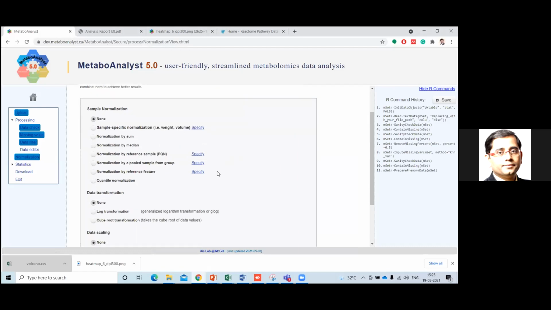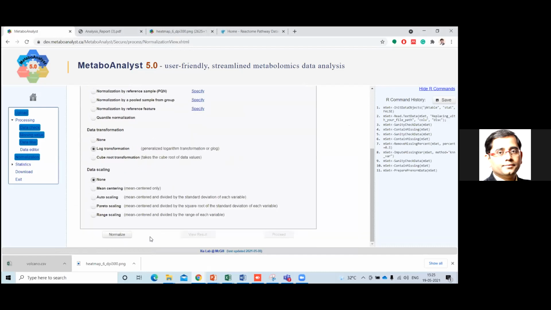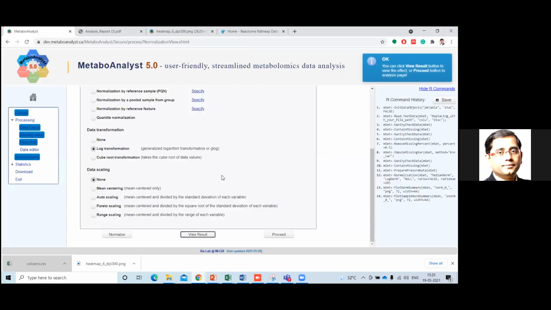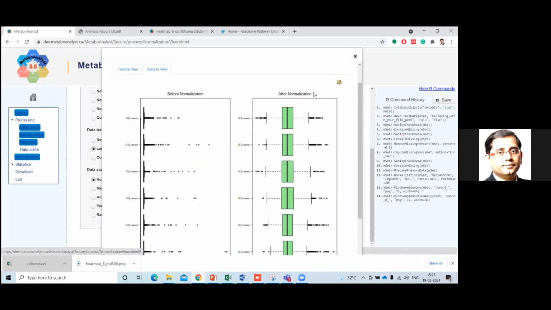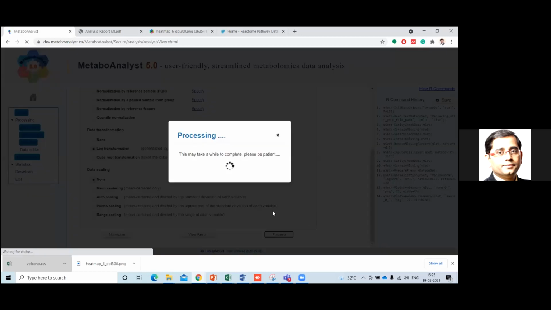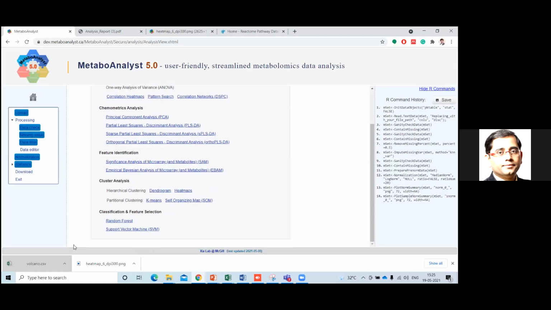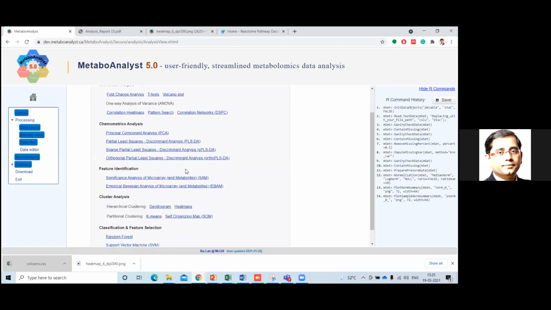Then over here, the normalization step is there. We will choose normalization by median and log transformation, and click normalization. We can go to the view and see the sample view over here. Then we will click proceed. Once we click proceed, we will find a lot of information coming up on the screen.